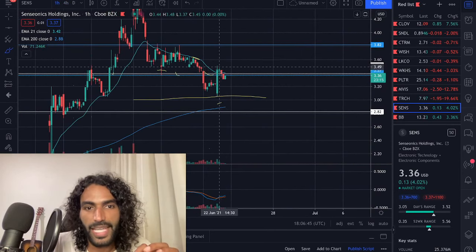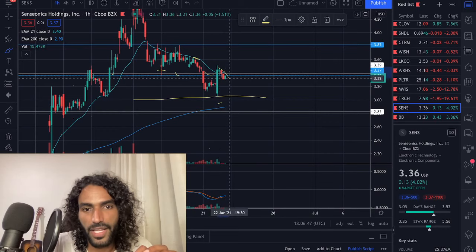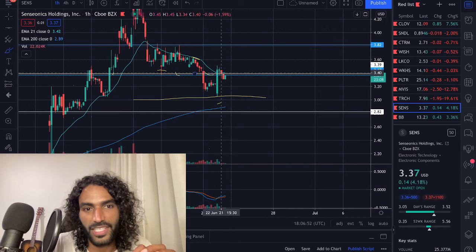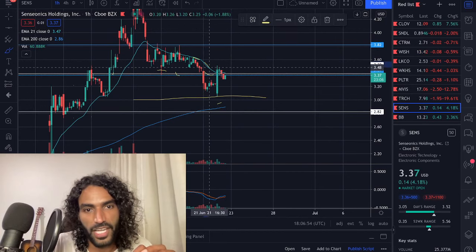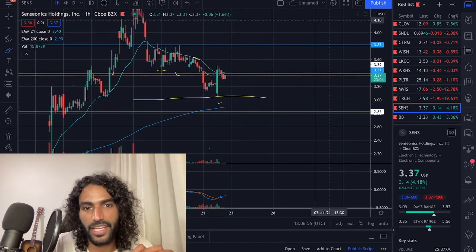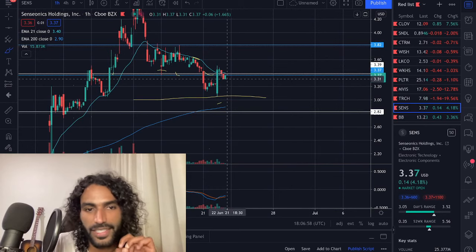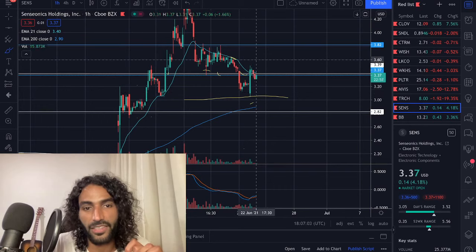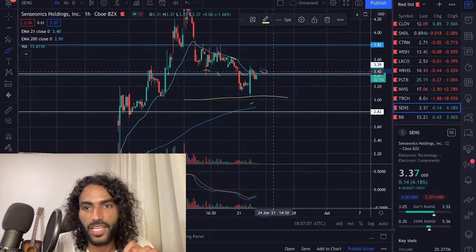And look with me at what's happened. We have a bit of momentum dragging us down because this is a really massive test. As I said, our exponential average acts as a resistance area, and now we still test that, guys. This is really important. Even with a big candle, it's really good to have a closing candle above here to take us to test the